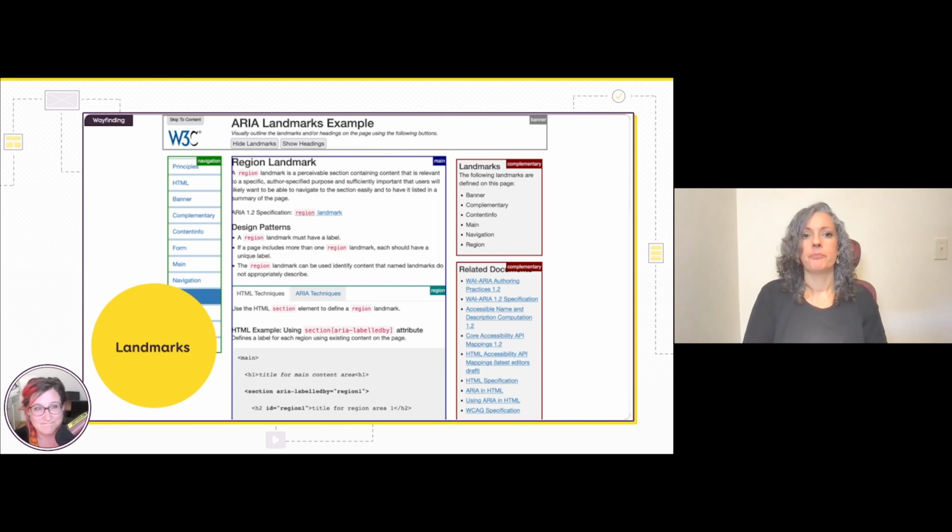My skip to content link is sending my user to something called an ARIA landmark, and we have a lot of them in HTML. An ARIA landmark is a specific way to identify different parts of a website. This can also be documented with the help of accessibility experts because it's a little bit more code than design.